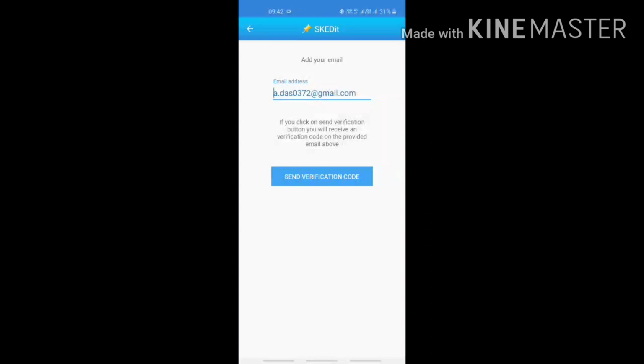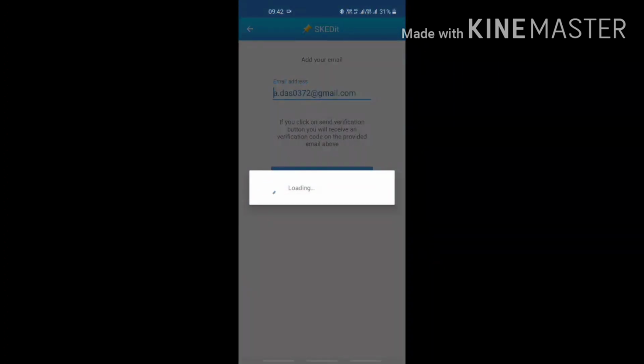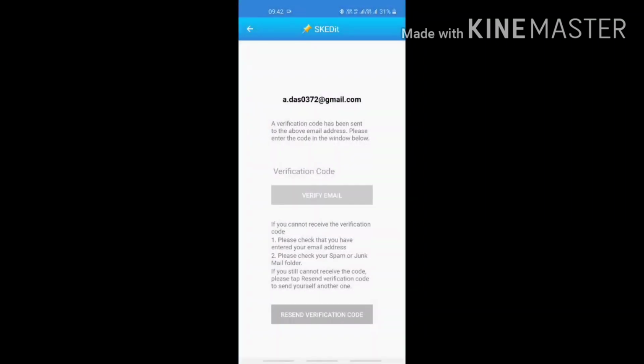Then there is an option: if you click on send verification, you will receive a verification code on the email provided above. Then click send verification code. An email will arrive in my email inbox with the verification code. Let's check it.